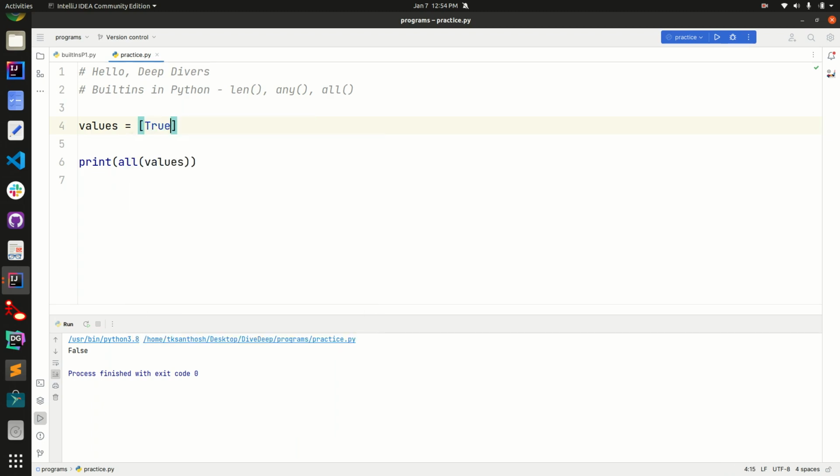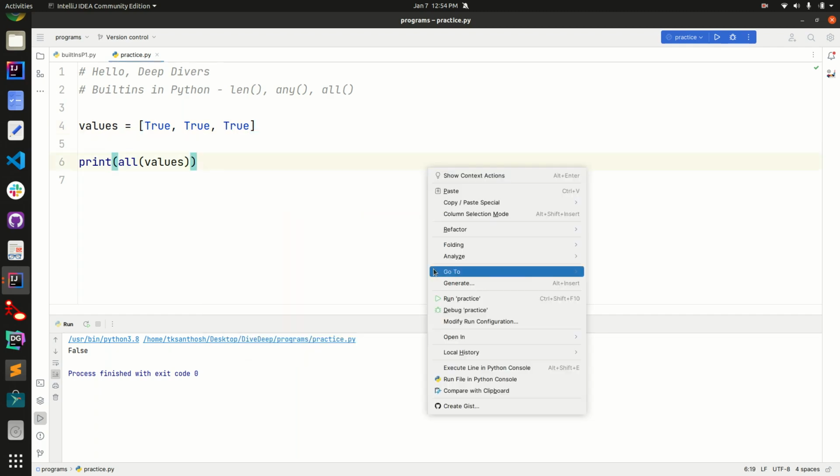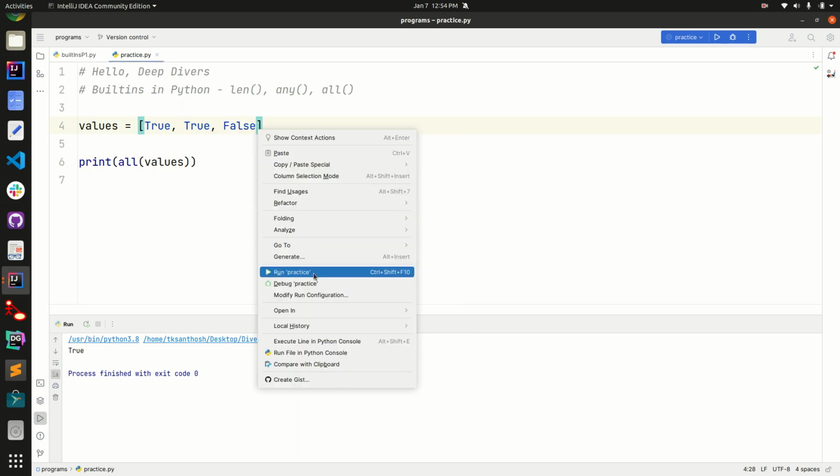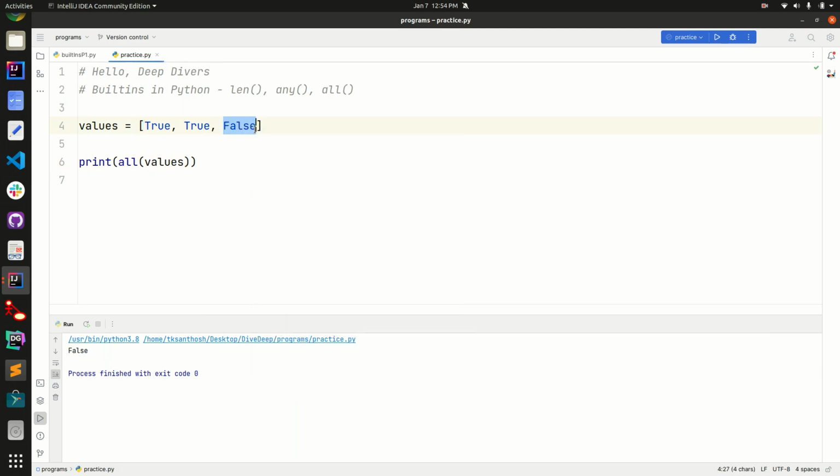If you say true, true, true, it returns true because all the values in the iterable are true. I'm gonna say false. It returns false because one of them is false. The all of function should check that all the values in the iterable are true.